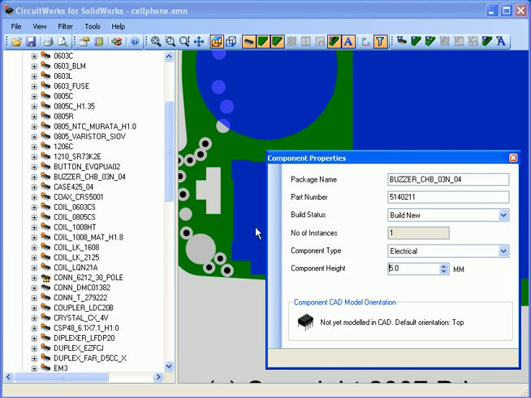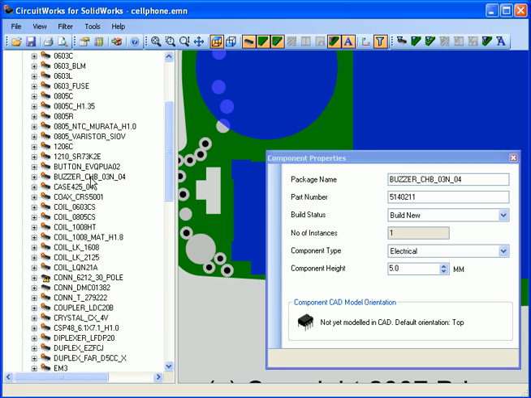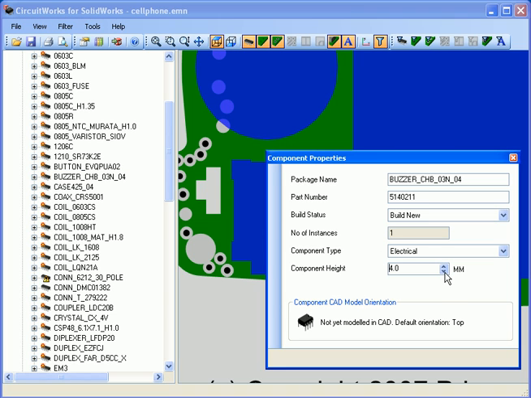And you'll see as I do that, in the background, the preview image changes to display a solid component rather than a wireframe component, as it now has a height, and the buzzer is now shown without the exclamation mark icon, as this component now has a height of 5mm. It's no longer 0 height. So if I go back down to 0mm, again it turns wireframe, we get the exclamation mark. If I take the height back up to 5mm,